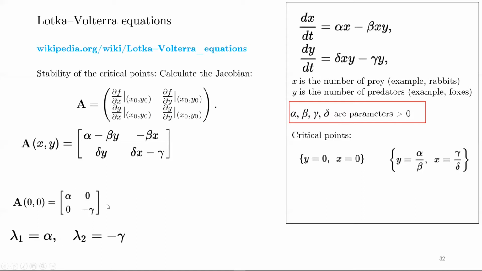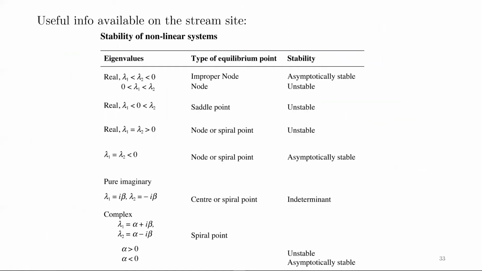right? So then we would have a system where the population doesn't grow at all. So let's assume also that alpha is not equal to 0 and gamma is not equal to 0. Okay, well in that case then we have two real distinct eigenvalues of opposite signs. So we have a saddle point. Two real distinct eigenvalues of opposite signs, we have an unstable saddle point